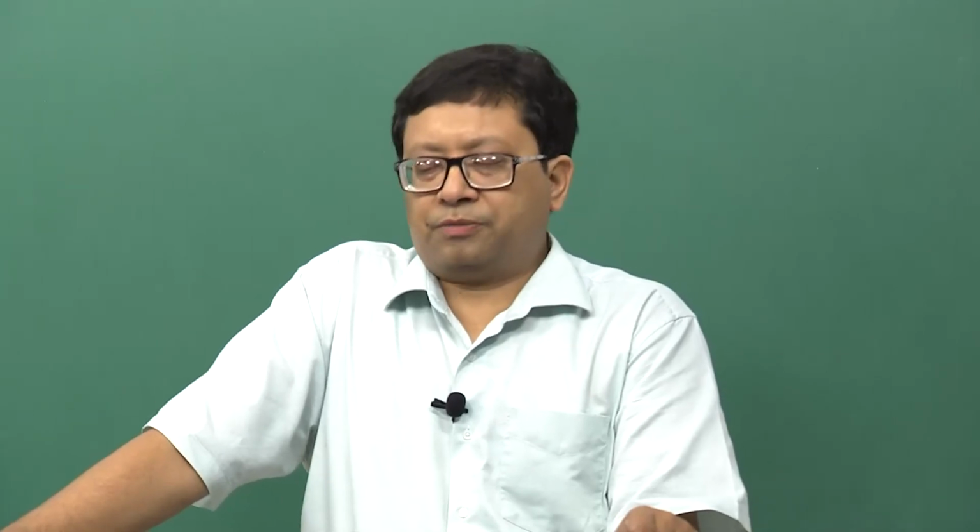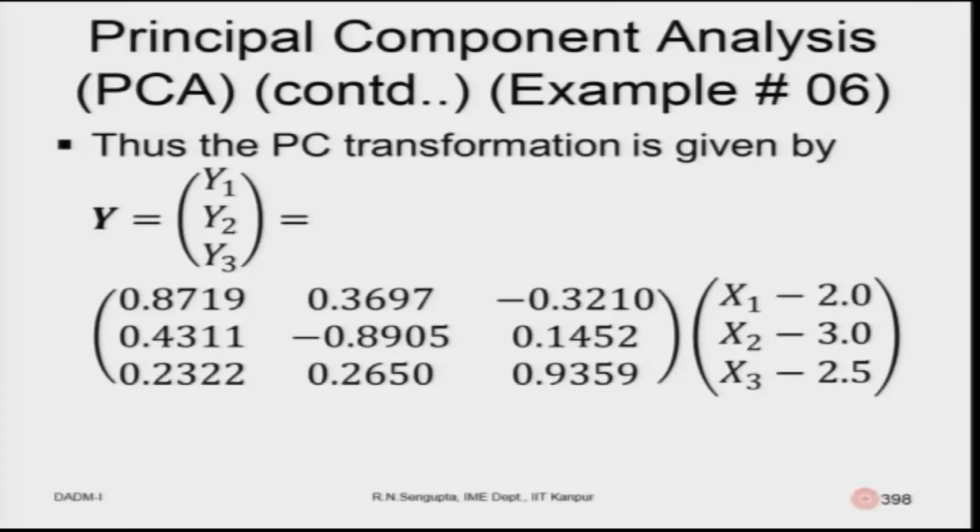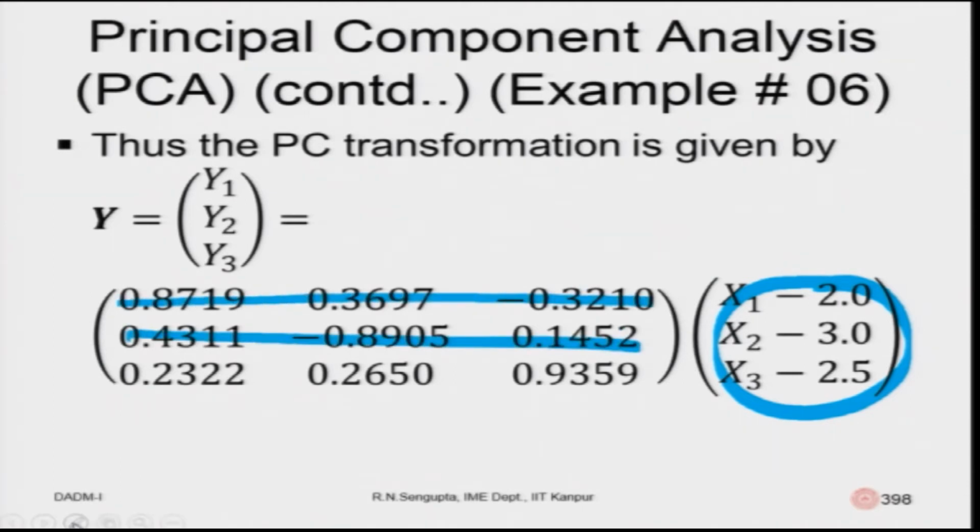Now, we want to do the principal component transformation. Now, this remember is a standard form. If it is standard form, it means that these x1s, x2s, x3s would be normalized with respect to the mean values. So, x1 minus 2 because it is the mean value, that is why I had highlighted the mean values of x1, x2, x3. So, x1 minus 2 is the mean value, x2 minus 3 which is the mean value, x3 minus 2.5 which is the mean value, and the eigenvectors which you have are basically,